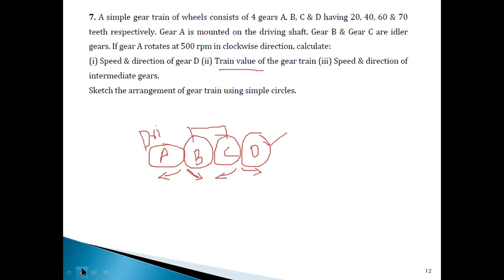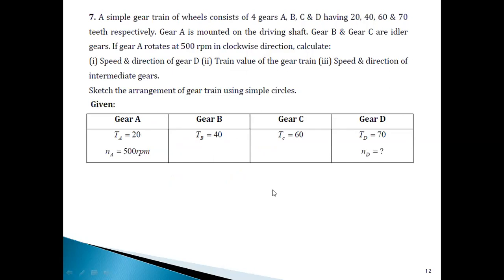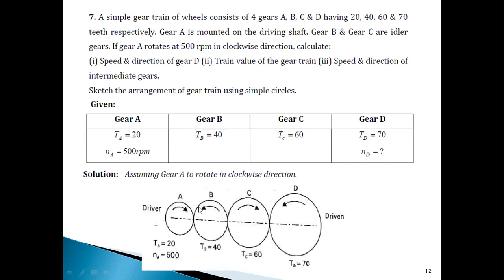Let us see what we can do here. Yes, the given things I have noted down here with respect to all the 4 gears A, B, C, D. We have written for all the 4 gears the conditions he has given to us. Solution part. He has already told us to assume that A rotates in the clockwise direction. This is the given part of the question. Next, we have completed the sketches also: A in the clockwise, B in the anti-clockwise, C in the clockwise, D in the anti-clockwise.